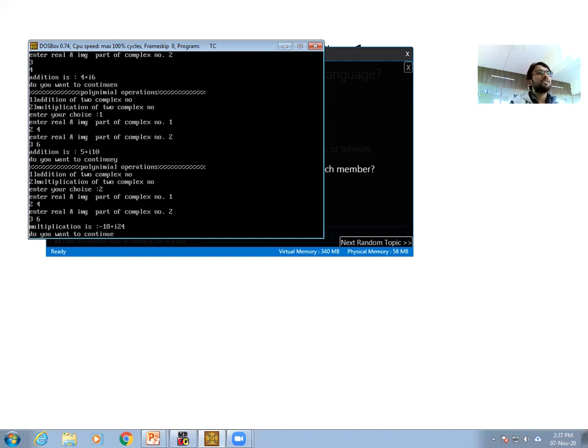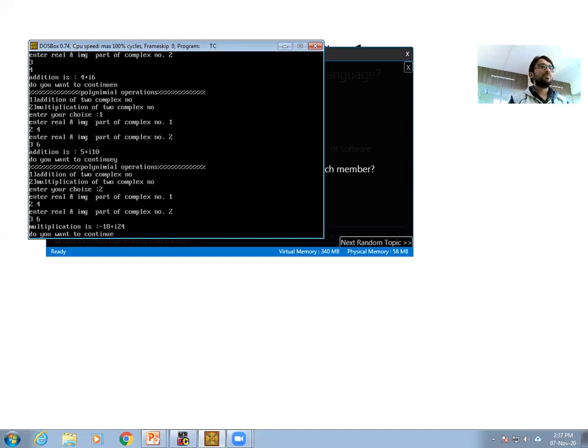Now to get this multiplication, we again have logic, which we have already written in the form of instructions in our program. So what is the logic? To get the real part, we multiply both the real numbers minus the multiplication of the imaginary numbers. Meaning 3 into 2 is 6, minus 6 fours are 24. 6 minus 24 is minus 18. So that is the real value.